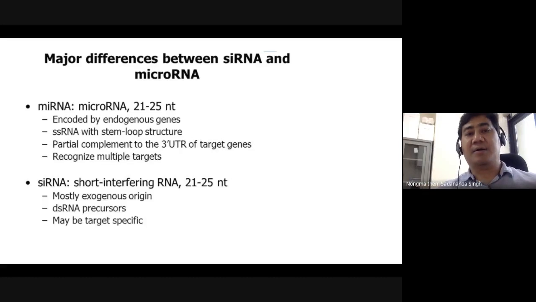So to start, it is a single-stranded RNA with a stem loop structure. But in the case of siRNA, many times what has been observed is multiple transcripts from a single locus from both directions, or convergent transcription happens. That means the transcription happens from the 5' site of